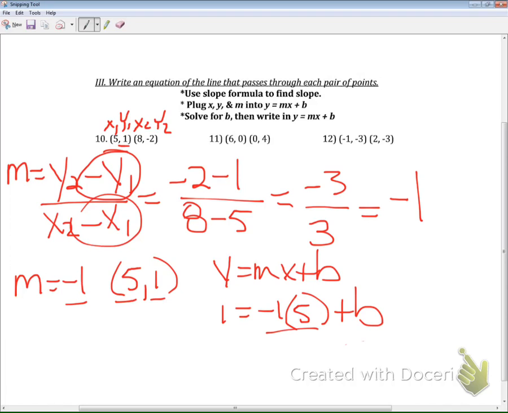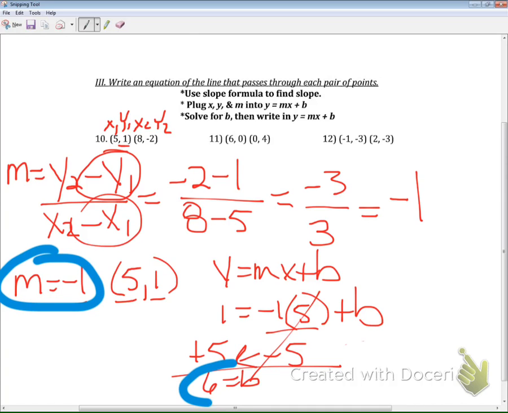You start off by always multiplying m and x together. So -1 times 5 is -5. Take that over to the other side of the equation as a plus 5. 1 plus, and that'll all cancel out here. 1 plus 5 is 6, so that's our b value. Now that we know our m value and our b value, we can plug that into the slope-intercept form equation for our final answer, which should be,